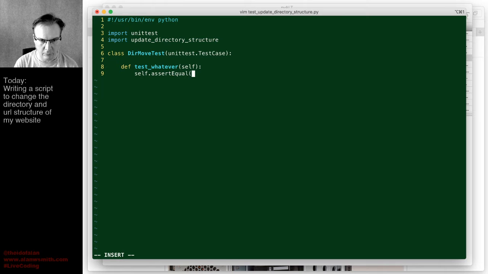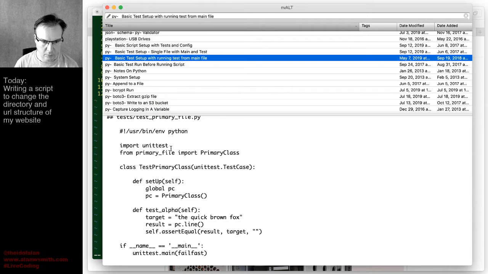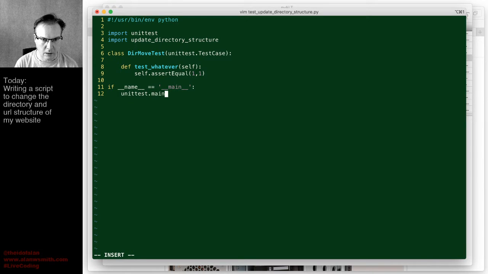So we just want to make sure that 1 equals 1. All I'm doing right now is getting set up to make sure that this test stuff is passing. So if name equals main, unittest main, and fail fast, which,